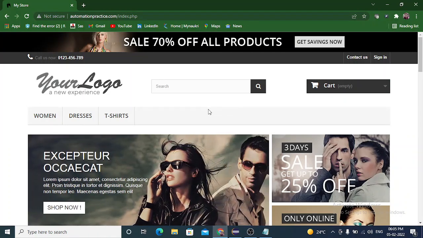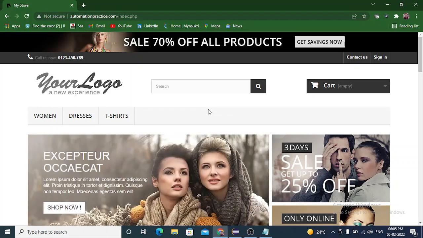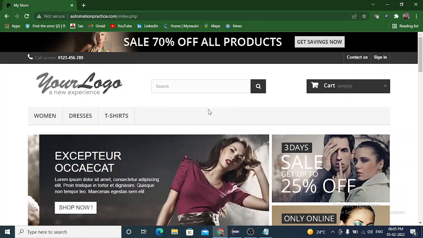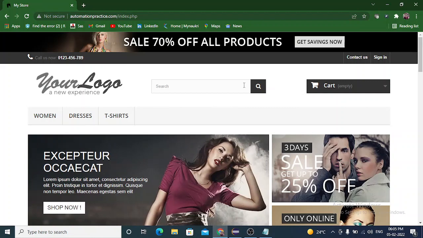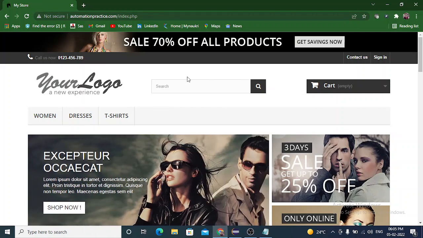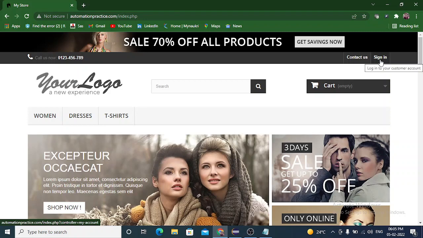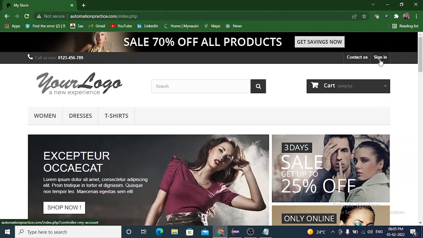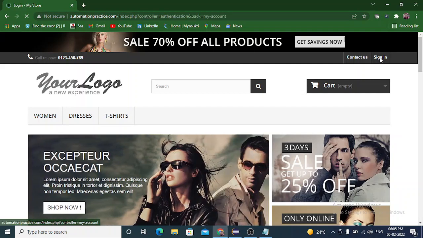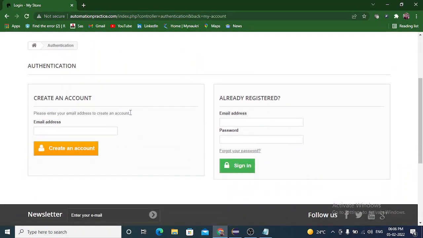Then we need to work on these web elements now, and we'll write a program to automate our sign on page. So check what are we going to learn today. Click on sign in the top right corner, then go a bit down, put the email address, any email address you can put, that should be in the format of something@something.com.